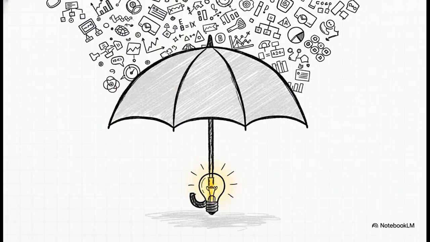And that right there is the real story of the umbrella. It's not just about staying dry in the rain. It's a perfect symbol for this whole way of thinking. You have this one simple tool that, when you know how to use it, can cover a huge range of really complex ideas. It just goes to show you that clear communication isn't always about having more words. It's about using the right words on purpose. And that's a lesson all of us can use every single day, in our emails, in our conversations, you name it.